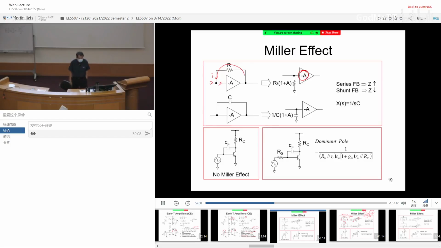So suppose you have the resistor R connected between the output and the input. Then the equivalent impedance is simply given by R divided by 1 plus A. So we can see the equivalent resistance reduced. This is actually what we call transresistance amplifier. It's a very popular amplifier for optical networks. In optical networks, a lot of the time we are using